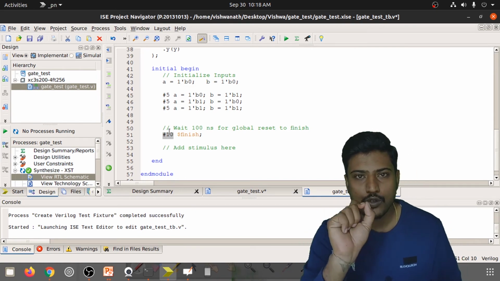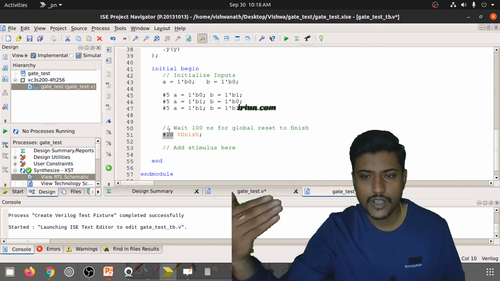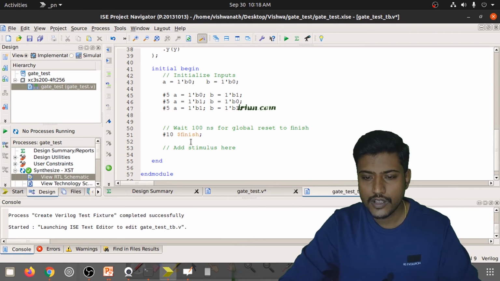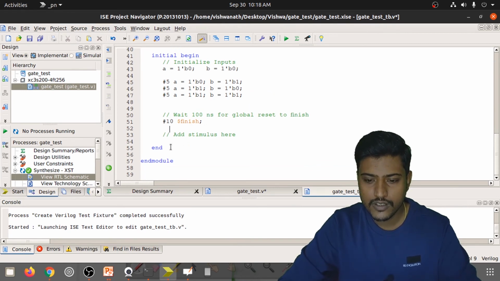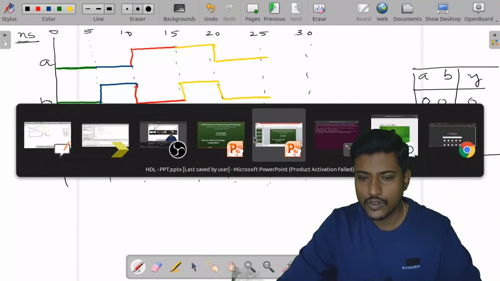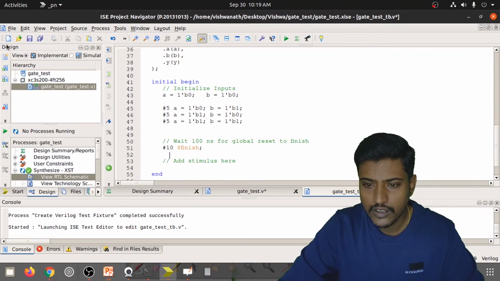From 0 to 25 nanoseconds it is going to work, and then it will come out of that particular simulation environment. So after 25 it is going to come out. Okay. Let me save this file.